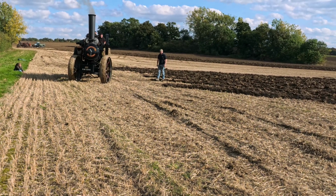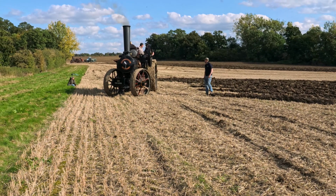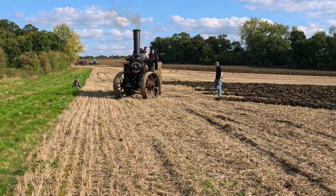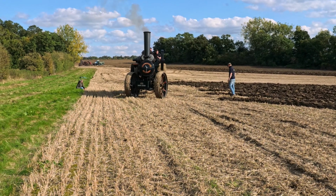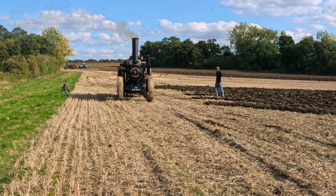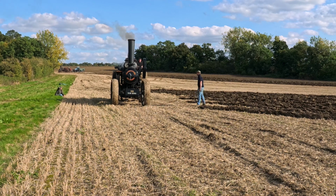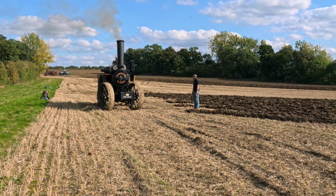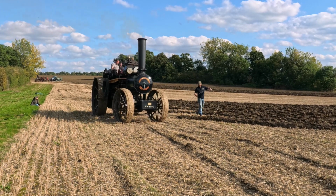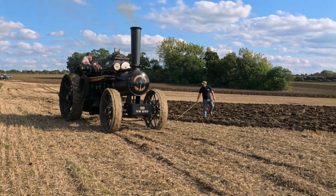So we've got two sets of ploughing engines this year, one in the real far distance, right down the end there, and then this one here, which is part of a pair, belonged to the same farm for many generations, and sold into preservation, or later preservation, some years ago now. I used to pass these on a regular basis when they were parked in the yard where they came from, very close by to here, and now they're owned by the Saunders Collection, and they're operating